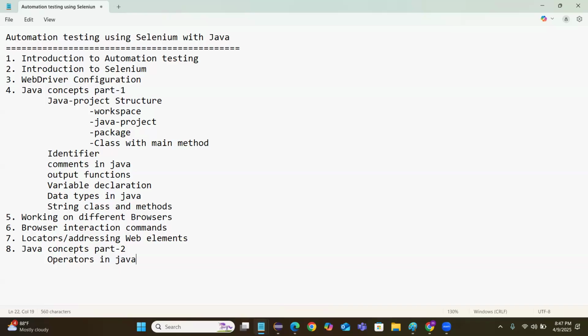Operators in Java, like arithmetic operators, relational or comparison operators, logical operators, increment and decrement operators, and the assignment operator. These are the things which we are going to discuss. After operators in Java, we have the next concept here, flow